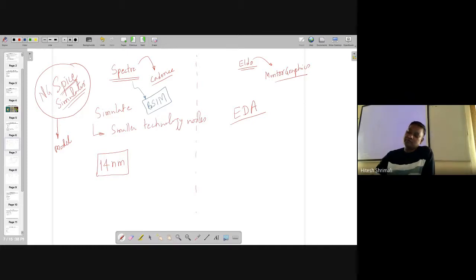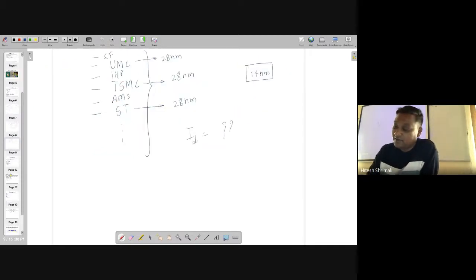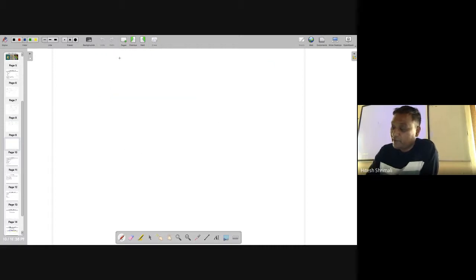So on the name of Berkeley, this B is coming, and the simulation model. So Berkeley simulation models have been implemented, and both have different techniques. Like there is another one, ELDO, but before going to that, what BSIM is doing.